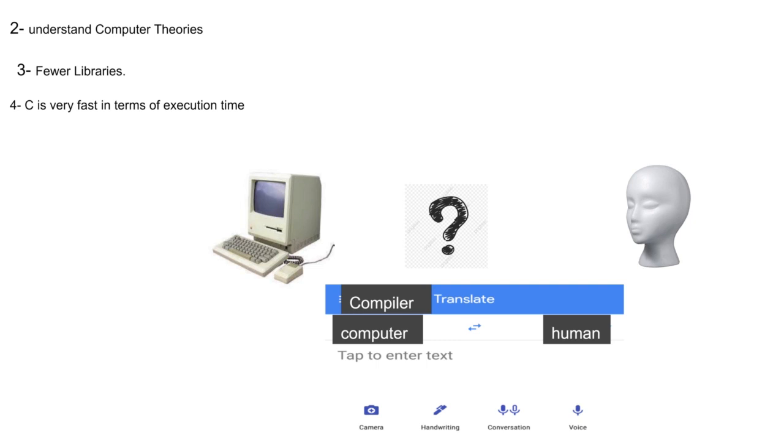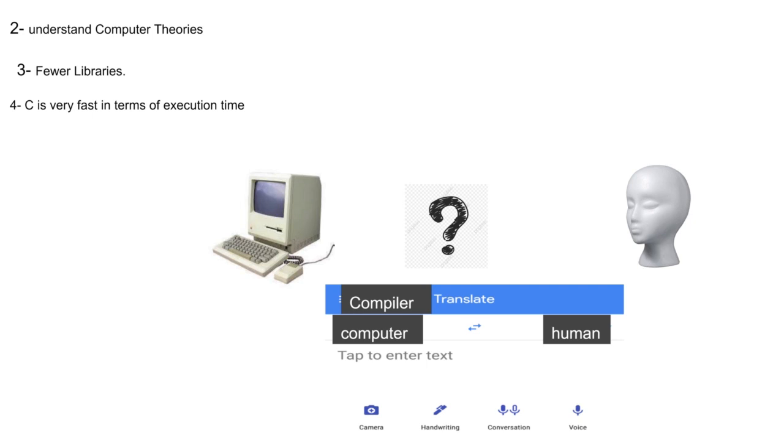But don't be afraid, we don't have to learn machine language or do the compiler's job. We will accept help from another program, which is an IDE, which stands for integrated development environment. It does the whole work for us, we just have to write the code.